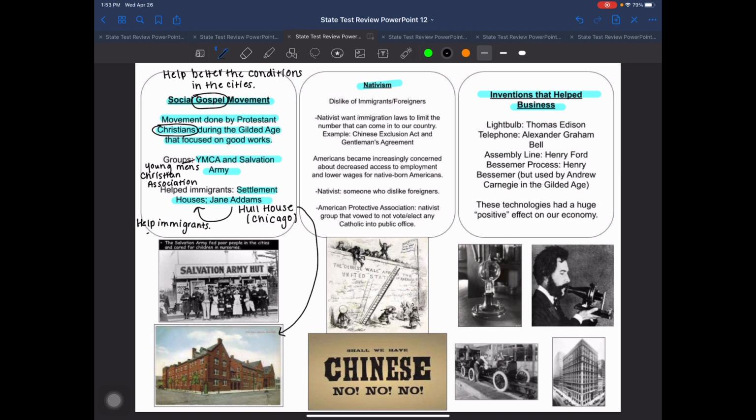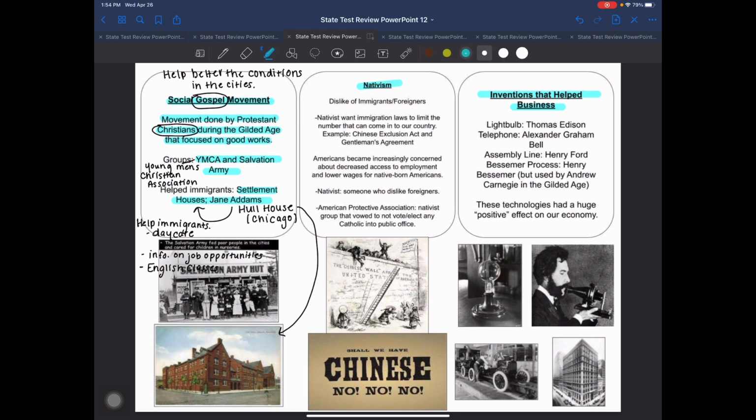They offered daycare. They offered information on job opportunities. They also are going to offer, so I have daycare, info on job opportunities, and they're also going to offer like English classes. And that is going to really help a lot of these immigrants coming into our country that do not speak English. It's just going to be better for them to adjust if they do learn basic English. All right,